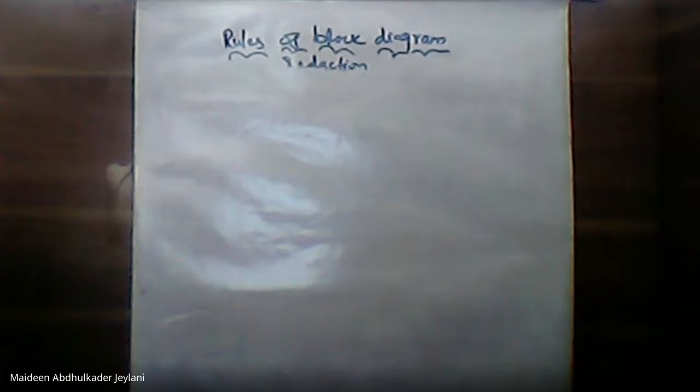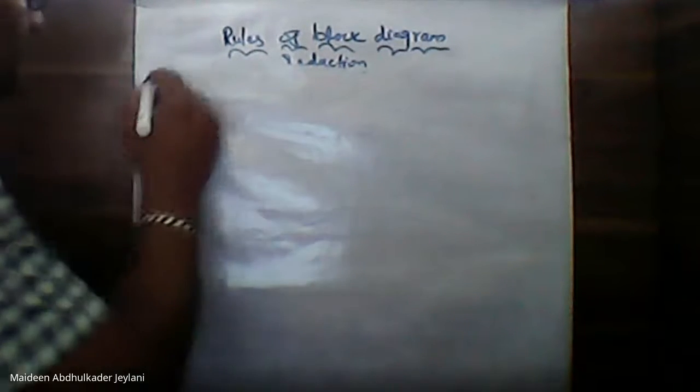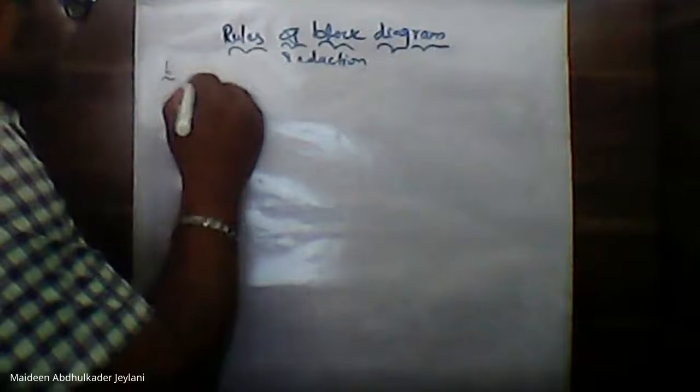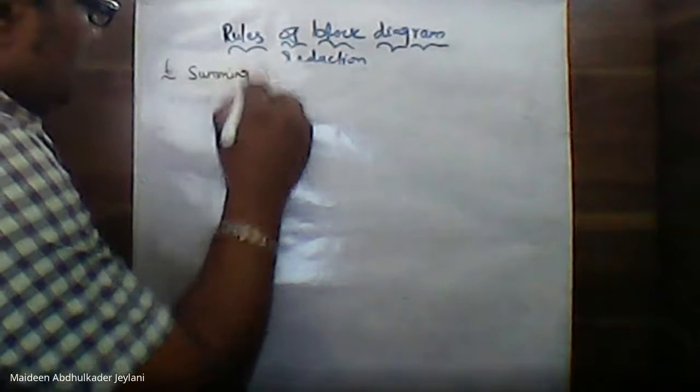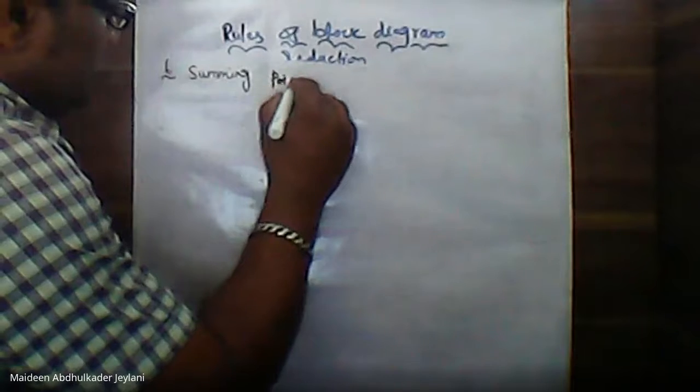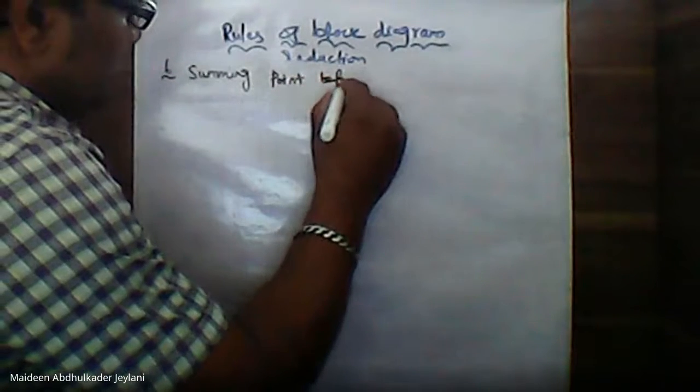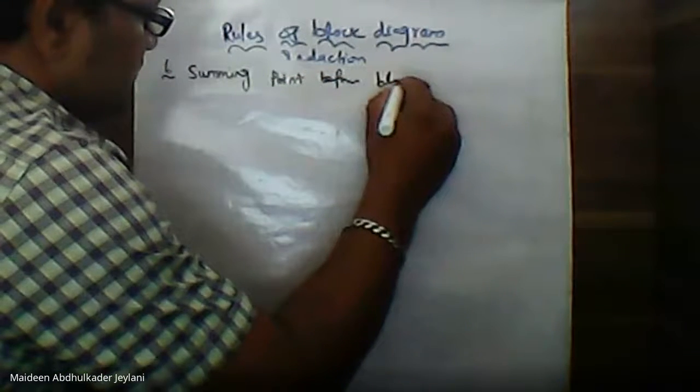Rule number 6: move the summing point before the block. Before the block. So consider